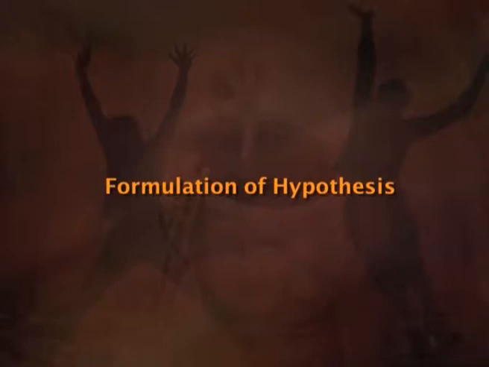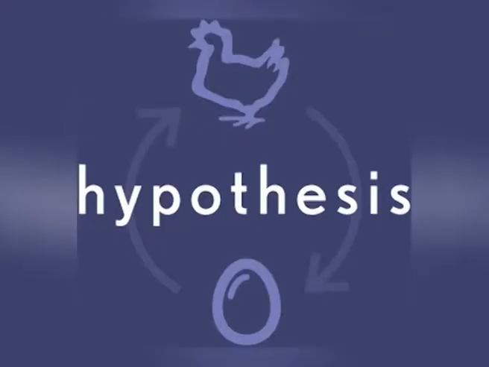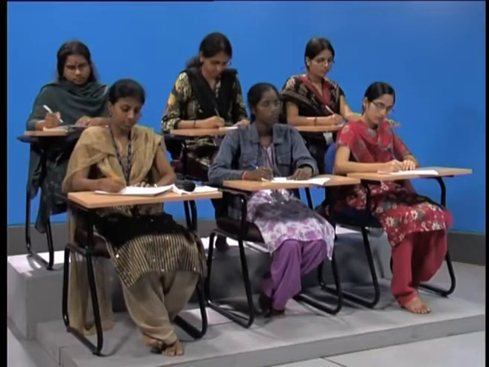Also, he should formulate a hypothesis. A hypothesis is a testable proposition of the relationship between two variables, that is the independent variable and the dependent variable, or whatever variables are there in the experimental process. This hypothesis should be clear and concise, it should be organized, and it should be simple enough to be understood. The hypothesis should not be too general or too specific. It should be something which can be worked out and the questions regarding which can be answered within the course of the experimentation.